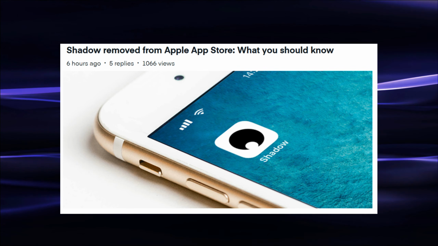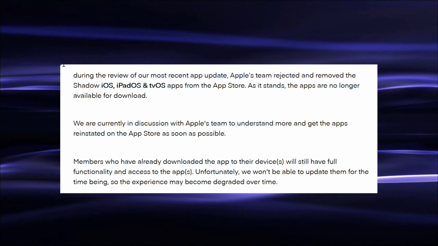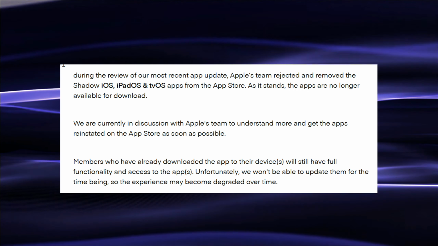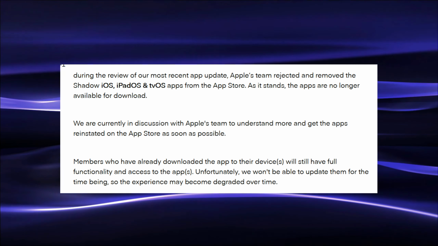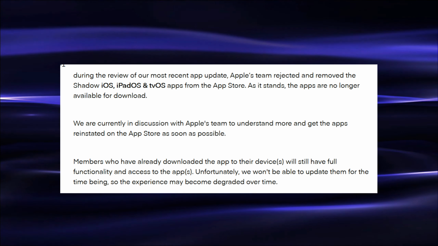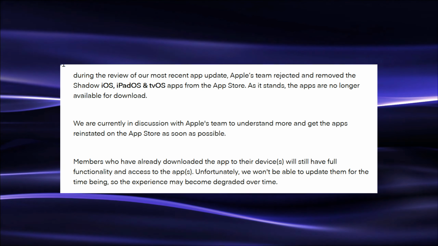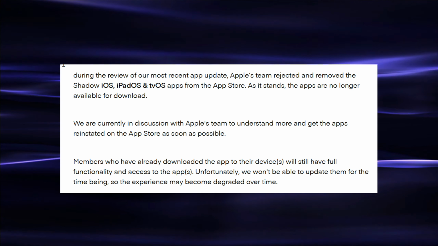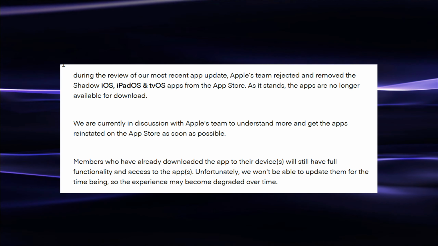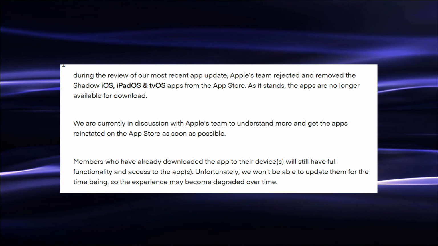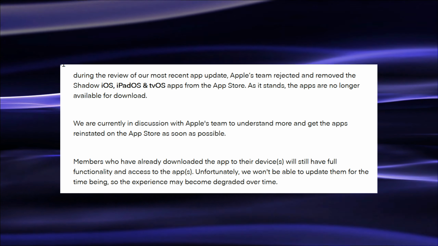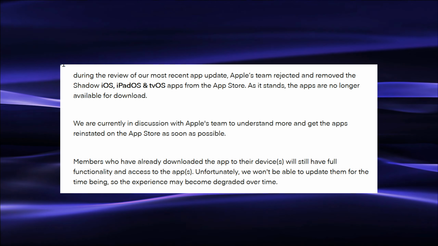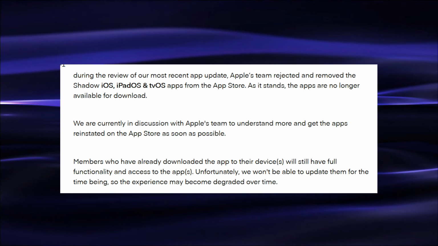Over on their community post here: during a review of our most recent app update, Apple's team rejected and removed the Shadow iOS, iPadOS, and tvOS apps from the App Store. As it stands, the apps are no longer available for download. We're currently in discussion with Apple's team to understand more and get the apps reinstated on the App Store as soon as possible. Members who have already downloaded the app to their devices will still have full functionality and access to the apps.